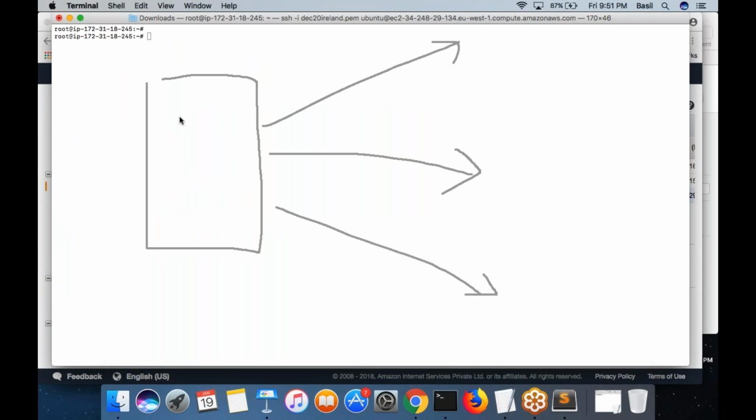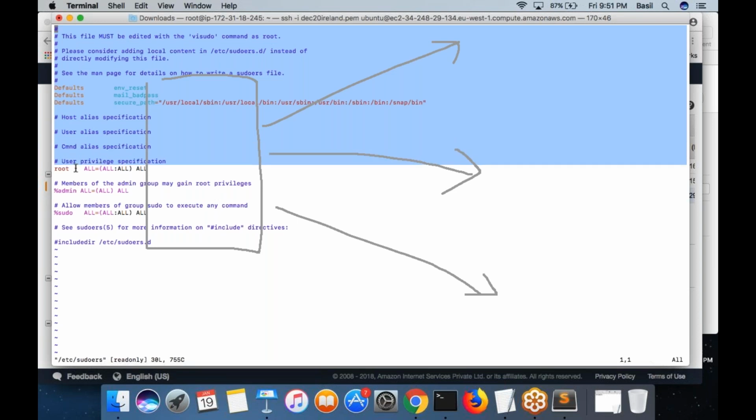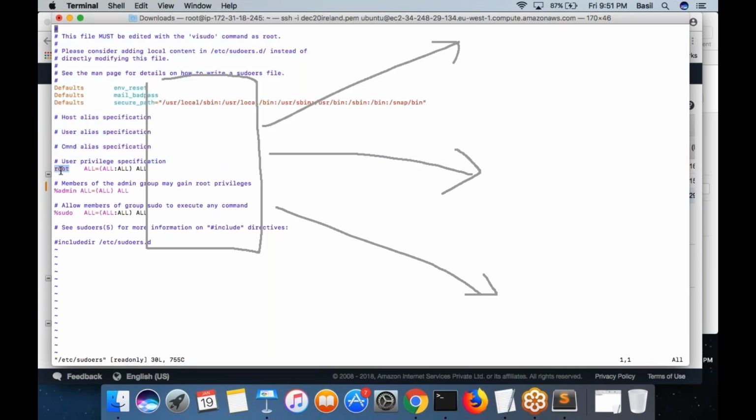So, basically, you are creating a template, something like this, for the sudoers file. Let me open my sudoers file. This is how my file will look. So, I would create a template, something like this. I simply copy paste all these lines. Instead of root, I mention an attribute that I define in Chef. Instead of this admin, I specify a group attribute which I defined in Chef. So basically, these values will automatically populate from some attribute that I had defined.